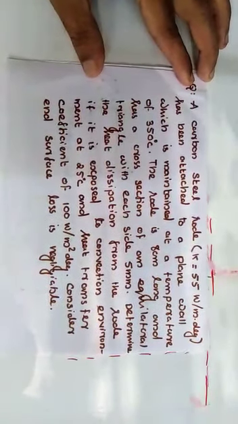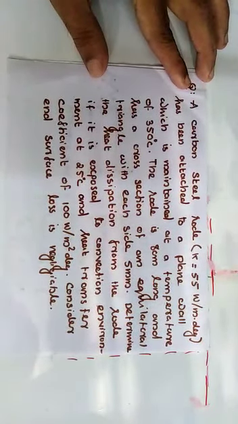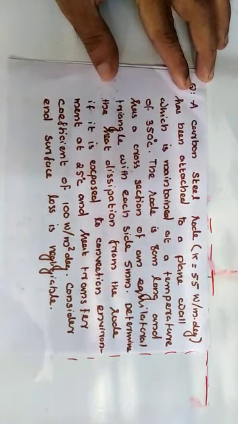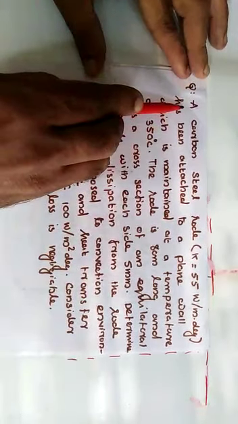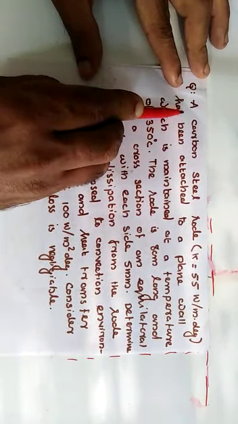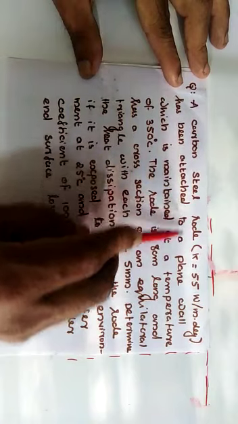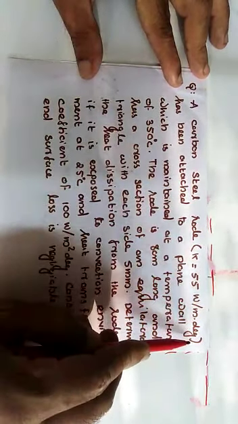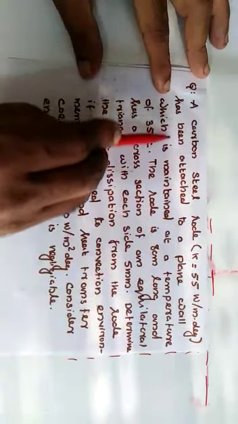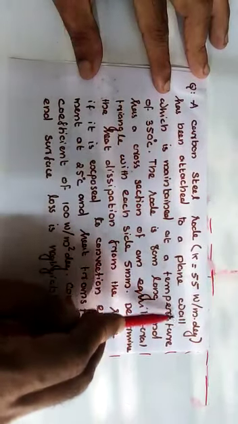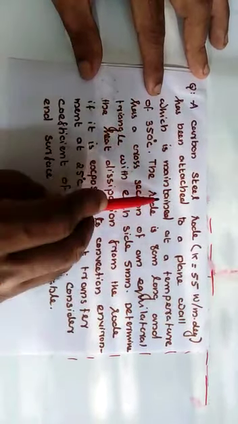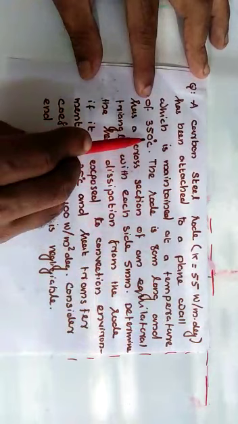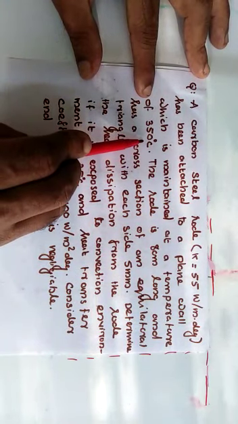This video lecture is the continuation of the fins with insulated end. The problem is a carbon steel rod, its thermal conductivity is given, has been attached to a plain wall which is maintained at a temperature of 350 degrees Celsius.